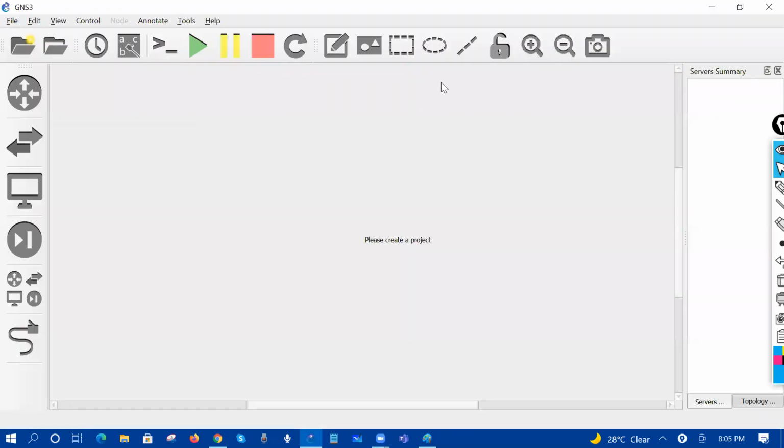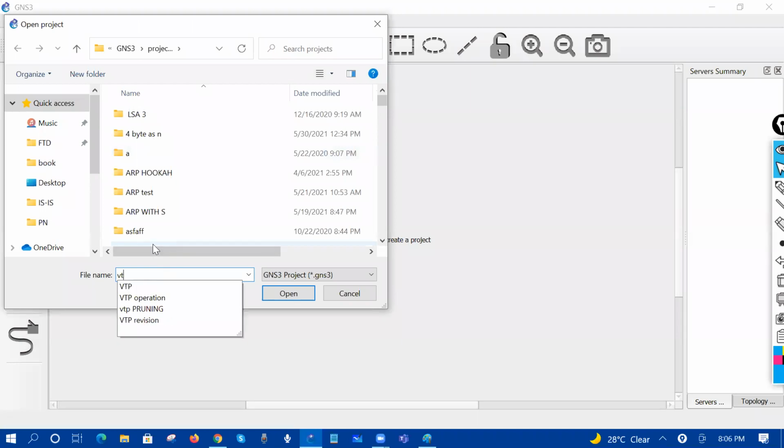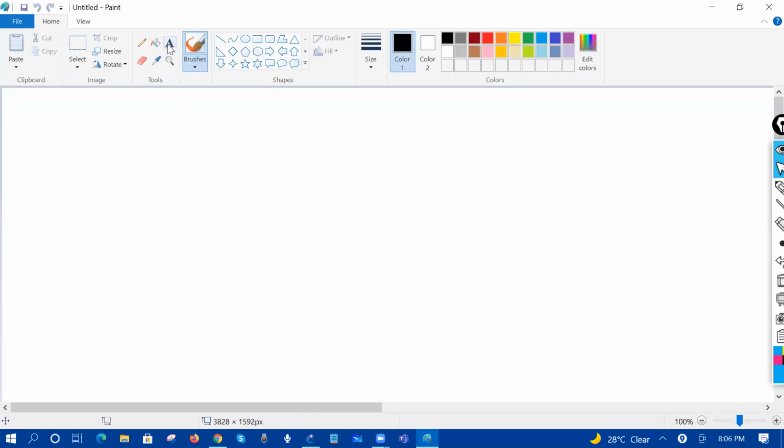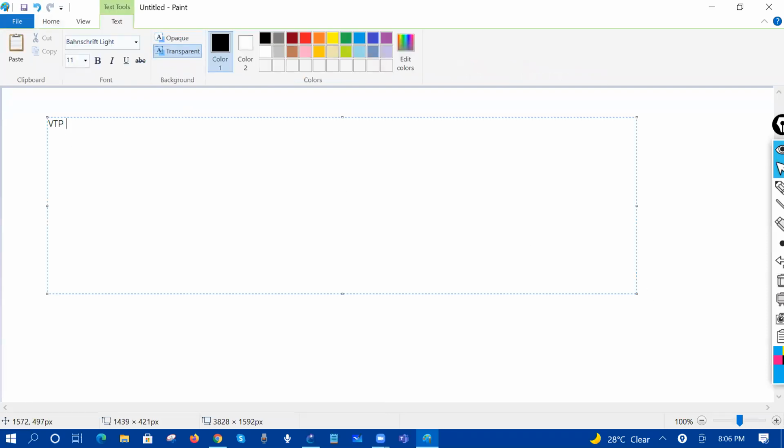So guys, yesterday we were discussing VTP, the VLAN Trunking Protocol. Let me open my topology. VTP is called a VLAN trunking protocol, and why do we call it that? Because to exchange the VTP packets, we need a trunk. Without a trunk, you cannot send